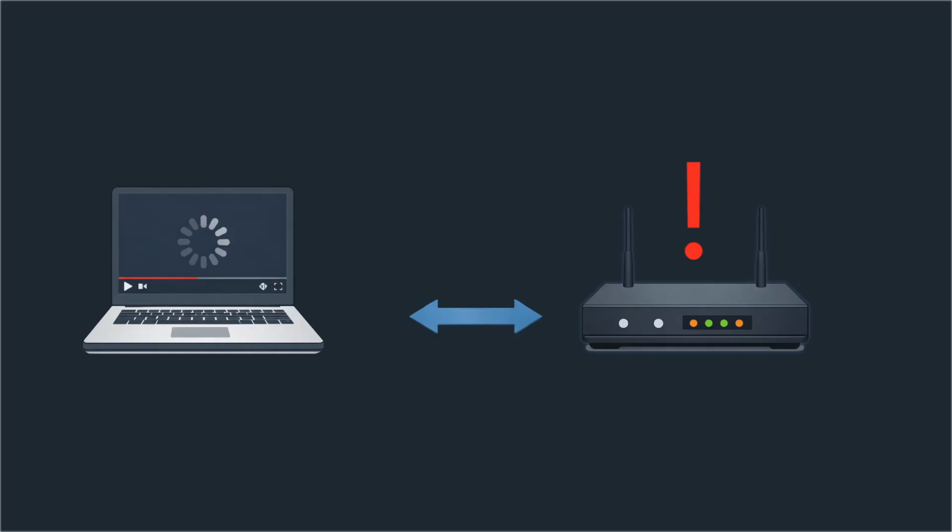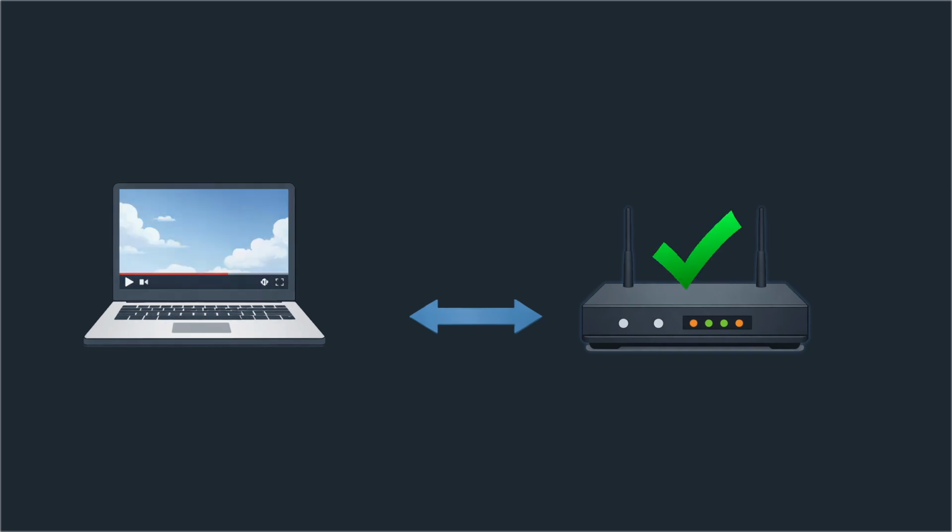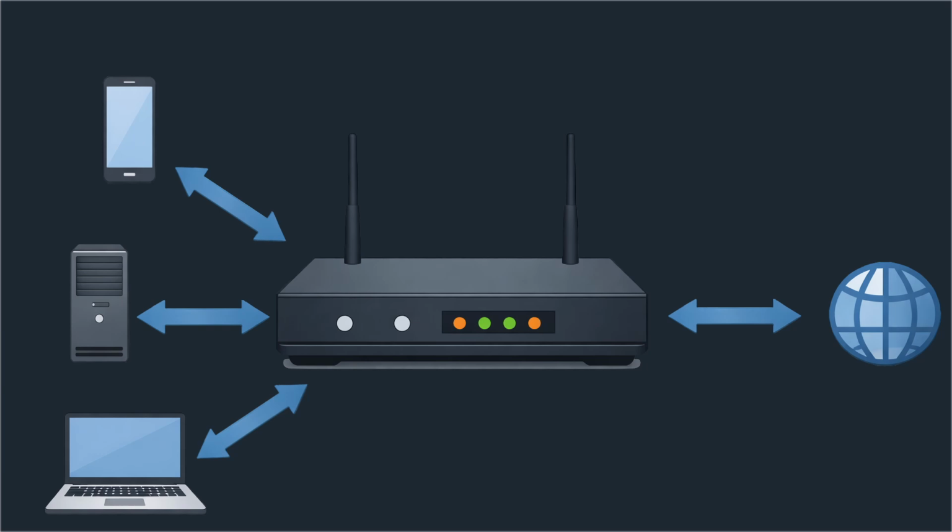Let's say your internet starts acting weird. Someone tells you, just reboot the router. And somehow, that actually works. But why? In reality, a home router is a small computer that's constantly managing connections between all your devices and